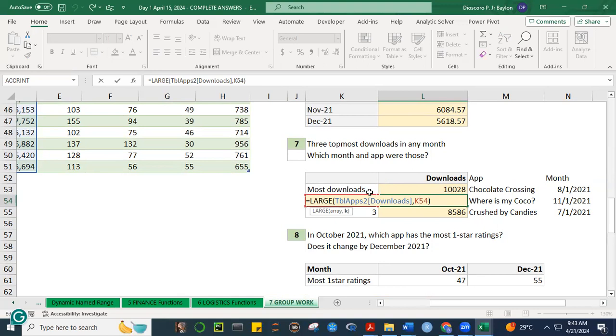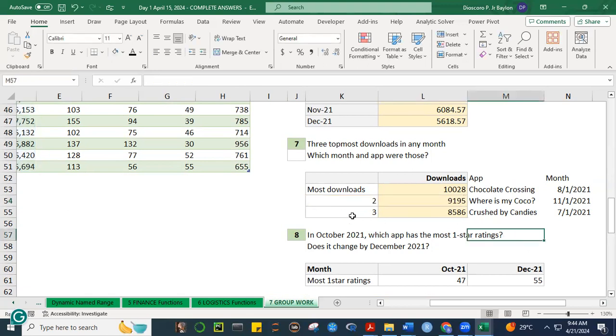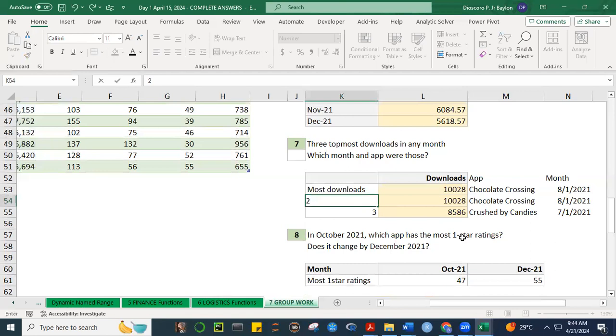Okay, notice now that I'm using here the function LARGE. Then LARGE, table apps 2, downloads, and then what's K54 here? K54 is 2, which means that we're looking for the second largest. If I used 1, so let me put 1 here, then it will give us the maximum because it's 1. If I want the second largest, then